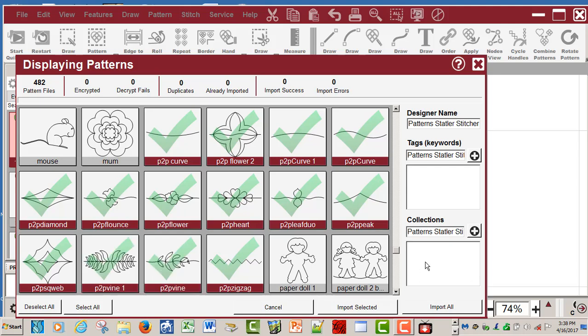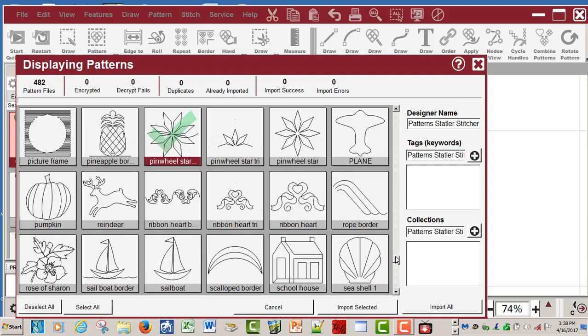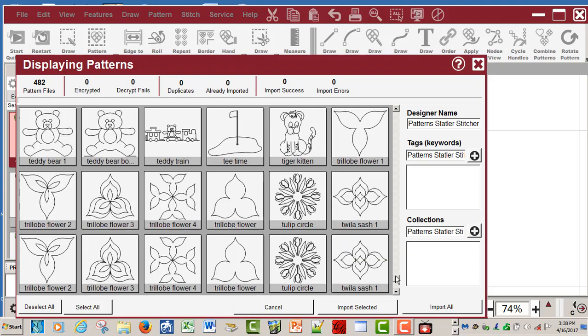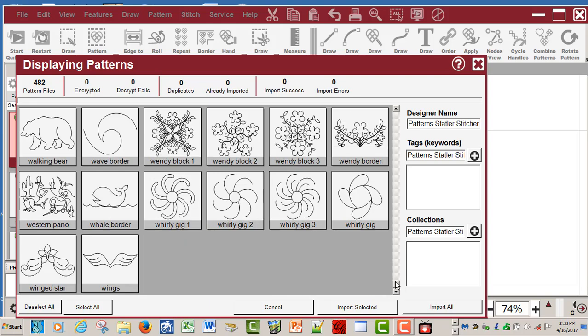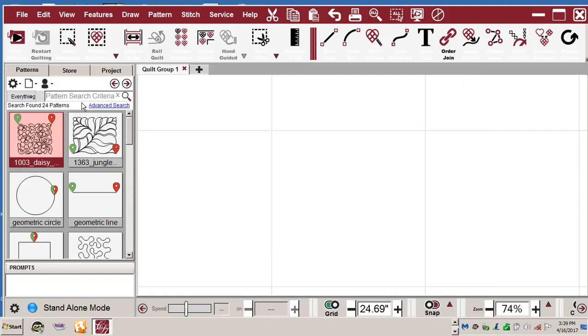Okay, have all those selected, and let's see, what else do I use? This would work for a P2P, and I'm just looking at some patterns here and trying to decide what I might use, but I can always come back and get more patterns. So I have all of those, and I will just import the selected patterns and close this out. So now I have 24 patterns in my database, and these are patterns that I use